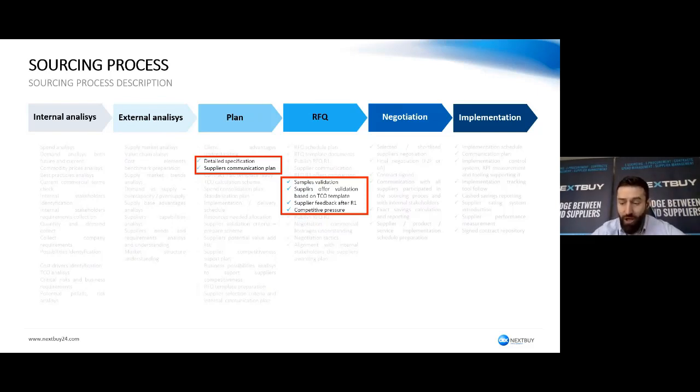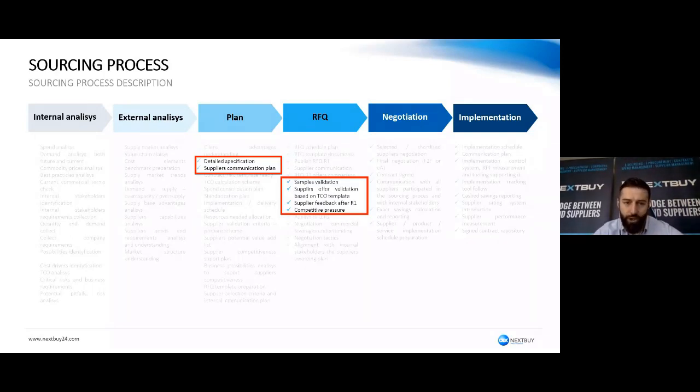So what you could have done instead of running it for 4,000 items, which increased the risk that suppliers would not exactly quote apples to apples, that some of them quoted different things. It's a commodity, those were commodity prices, those were catalog items, so very similar yet not identical. So that's one thing. They probably quoted different things because the dialogue with them beforehand did not happen in the right way.